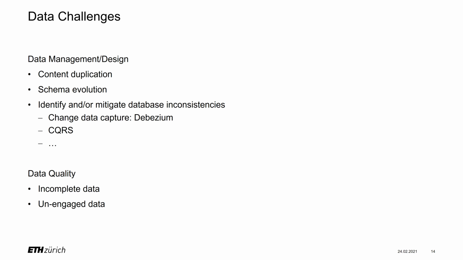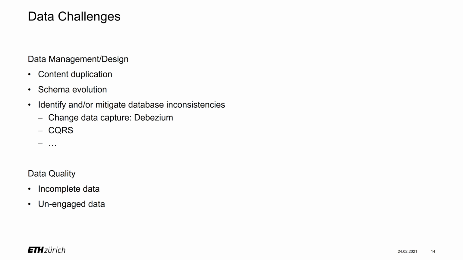And one of the bigger issues is how to keep consistency within all these individual databases. That is of course not just a challenge for this service, but it's a general challenge within the microservice